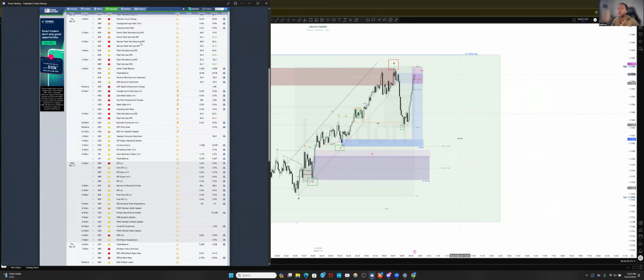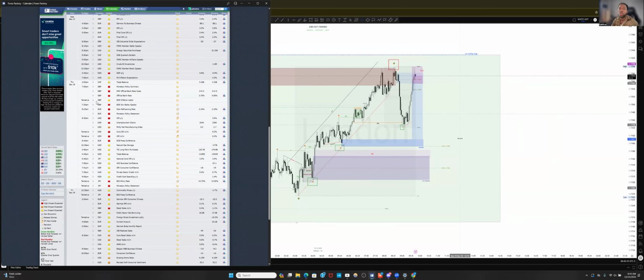Tomorrow, I'll be traveling, but tomorrow's a very news heavy day, as you can see. So tomorrow's not the best day for trading. We'll most likely be annotating the market. So chances are we're not going to look for trades by the time the news ends at 9:45, close to 10-ish. We're not going to try to force trades depending on how the market looks. Thursday as well, it's a bad day for trading.